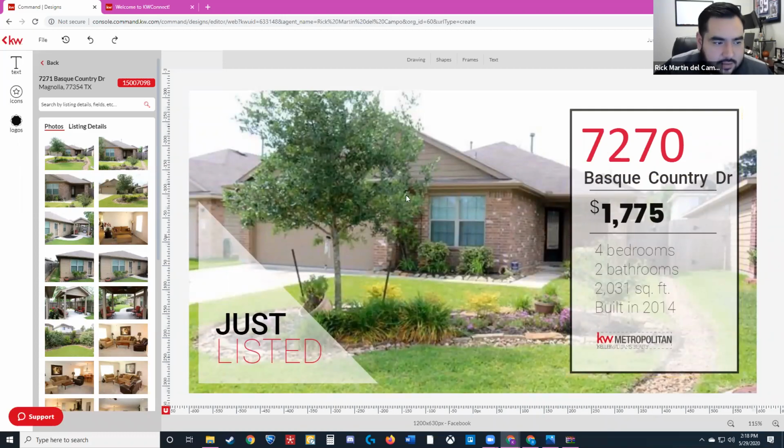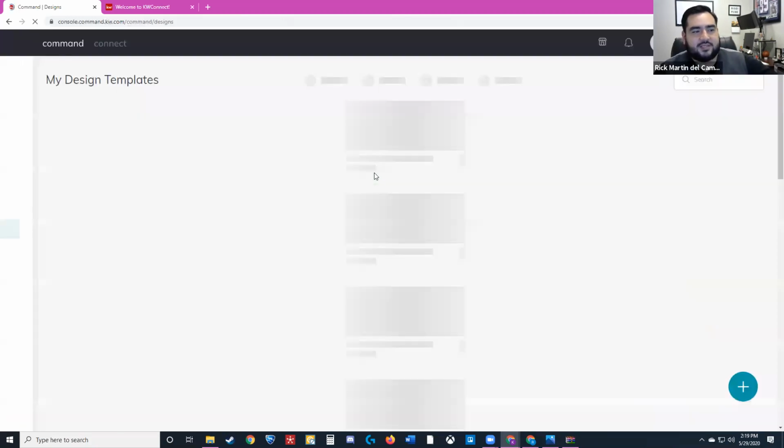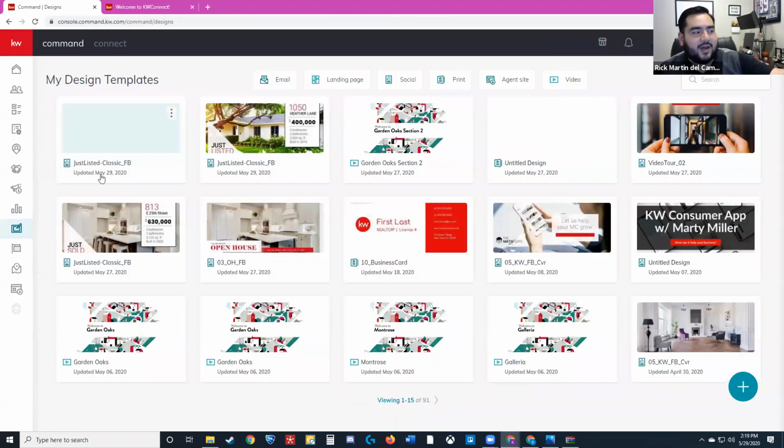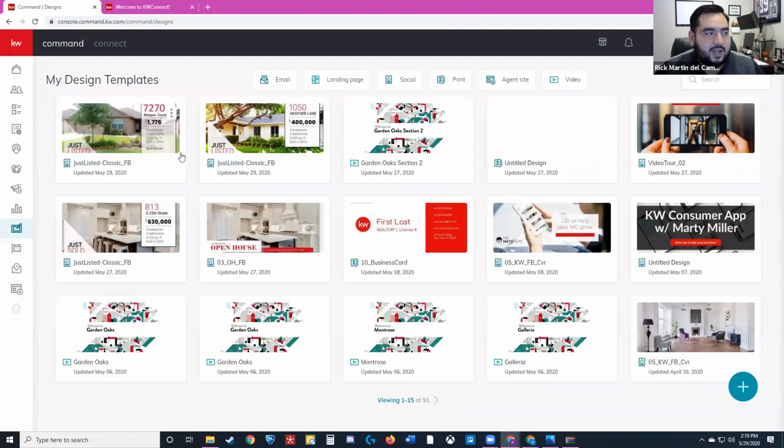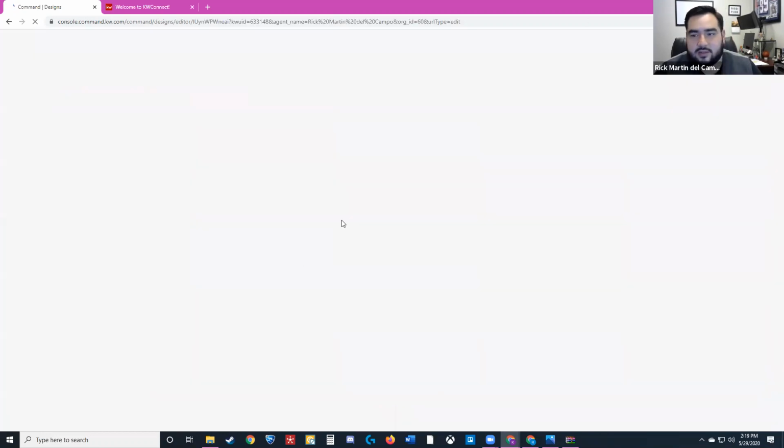It works great. It looks good, and it's really easy to import listings and use those photos and so forth. Once you're done with the graphic and you've already downloaded it, you can move over to done, and when you click on done, it takes you to this dashboard. You'll see the graphic I just created. It takes a little bit to load, but it's there. If I hit refresh, there it is. So now I can open it again, download it, and so forth.